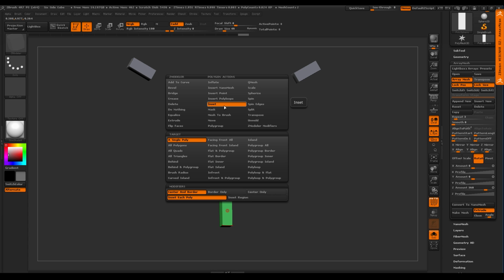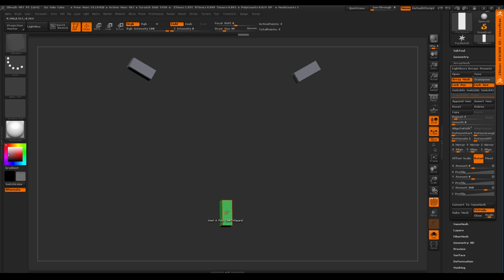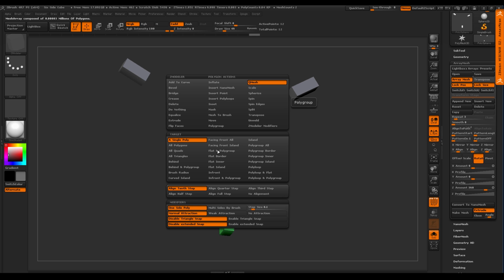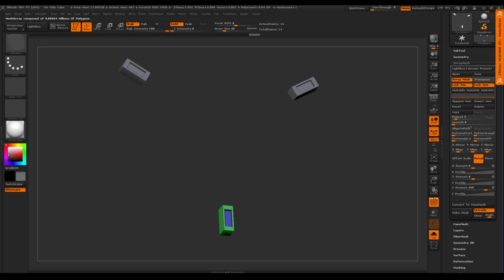Okay. So again, I'm holding the space bar. I'm hovering over the face here, which you can see by the red line and the red lines going around the face. Holding the space bar and hitting inset. And then I'm going to pull that in. That looks good right there. It looks like nothing's happening there, but when we switch to, say, Q mesh and push in, you can see it's also happening now on that other side.